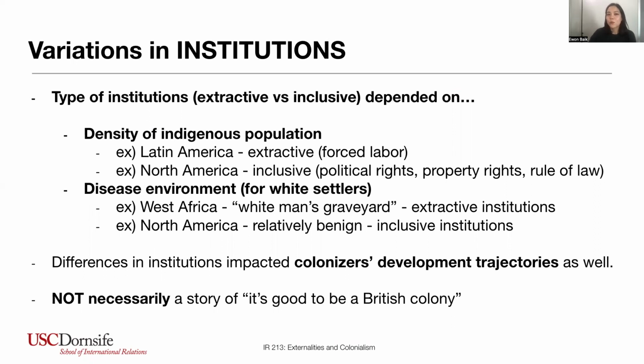So what determines what kinds of institutions are set up? The authors identify two interesting variables, right? The first is the density of indigenous population. An example of this is Latin America, where there were already dense populations of indigenous people. And in these cases, a colonial society could be created based on the exploitation of these people. So it was more likely that extractive institutions, like systems of forced labor, would be set up with the sole intention of transferring resources rapidly to the metropole.